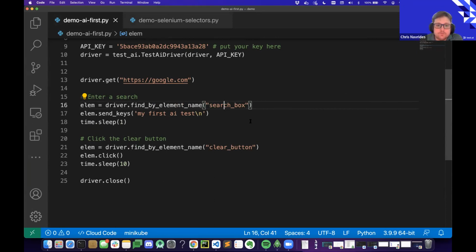Is Device Lab available? Today, we do not support a Device Lab, but we work with all the existing device labs that are out there, like BrowserStack, Sauce Labs, etc., or your local one. Again, we're just an additive approach to Selenium and Appium. We're not replacing them.